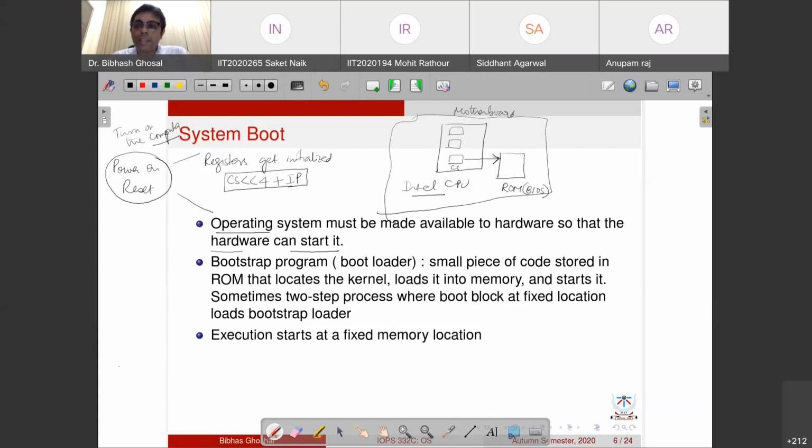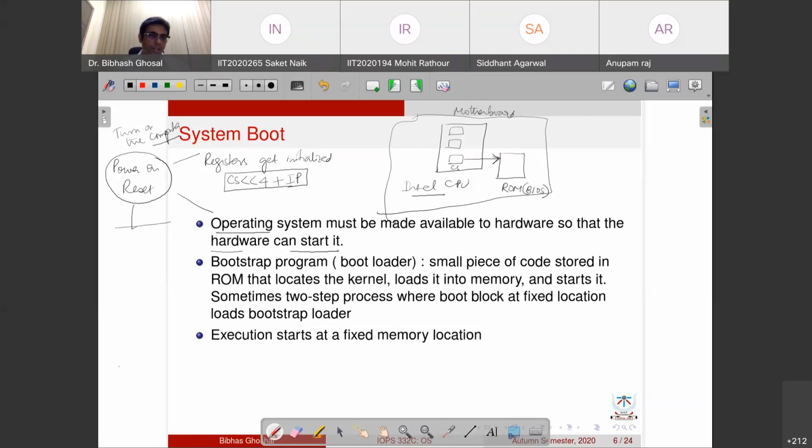It's called basic input output setup. So this pointer points to a particular ROM. Because it's ROM, it's fixed. It always points to the same location. There is some program that is written there, and it's called BIOS. BIOS means the basic input output setup. So this takes you to